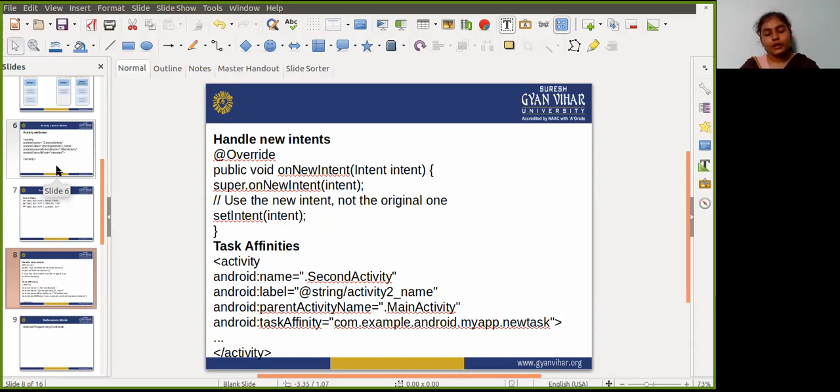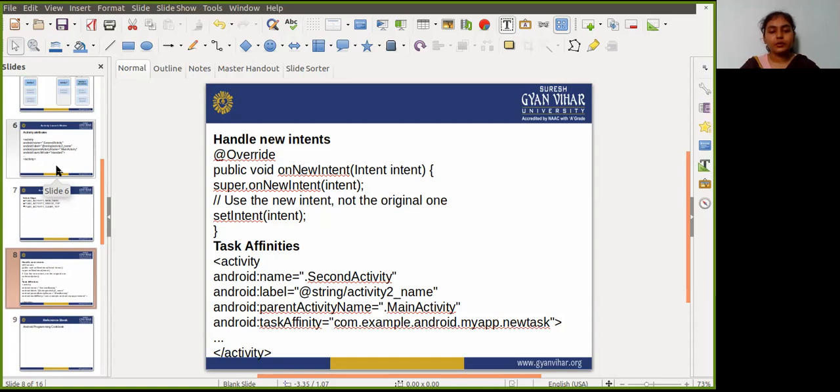So you need to first call the activity tag. Inside the activity tag you need to write some attributes: the name attribute, label attribute, and the parent activity name. In the name attribute, write the name of that activity. As we are calling the second activity, write the name as .SecondActivity.